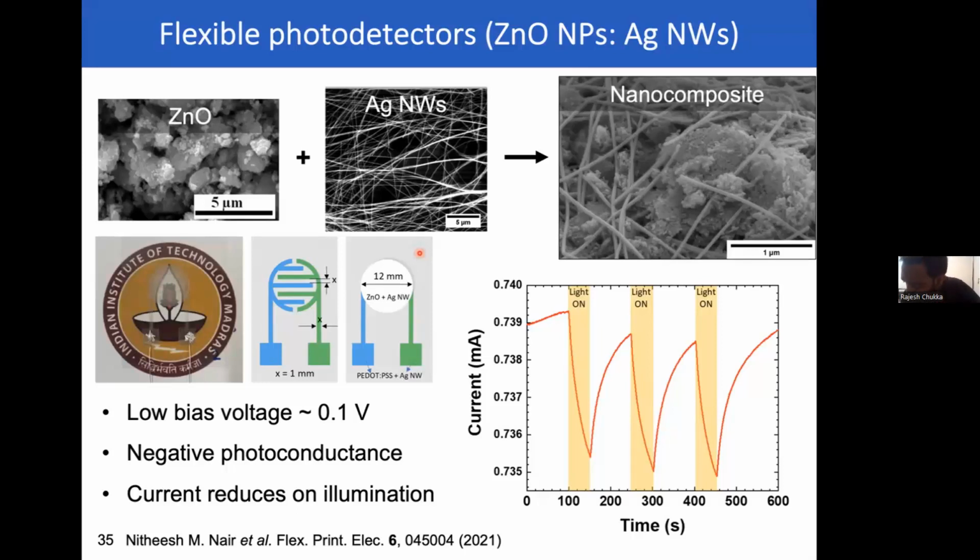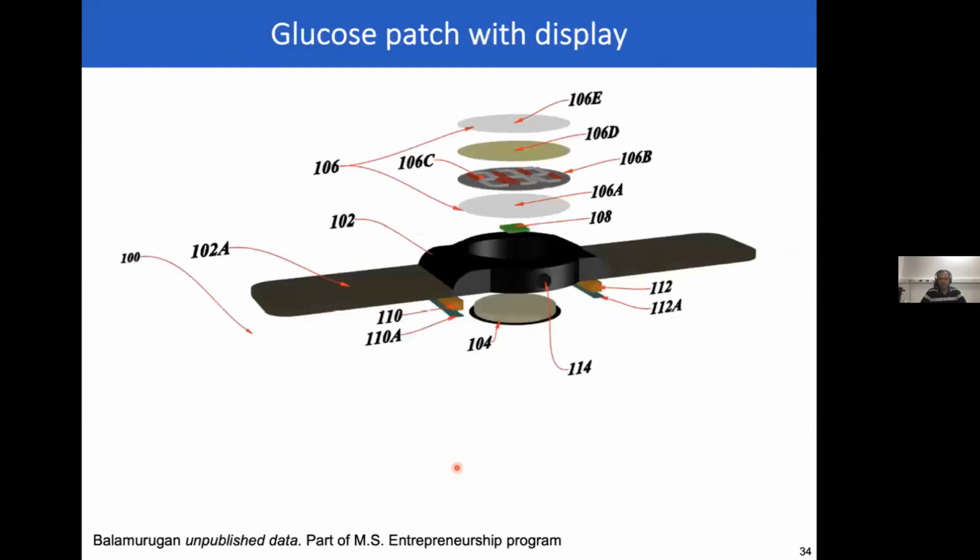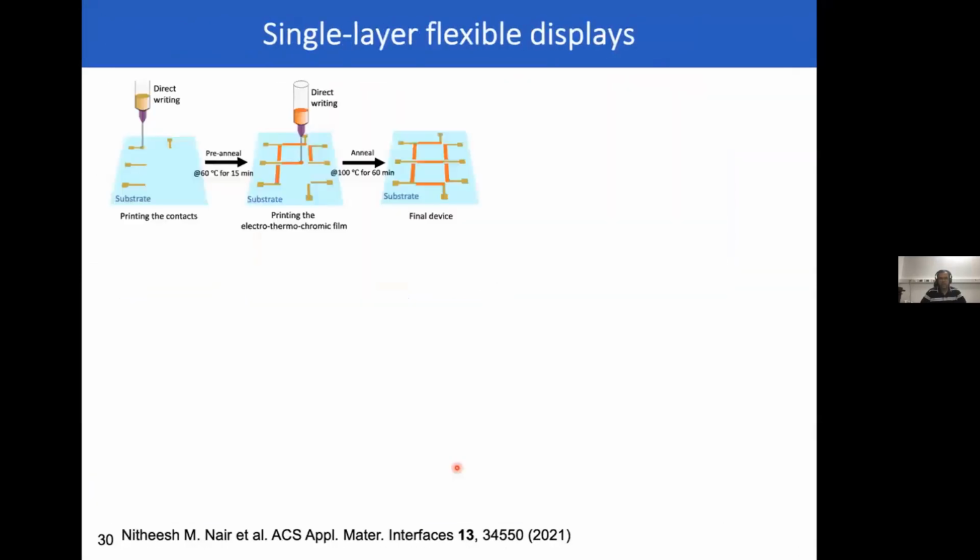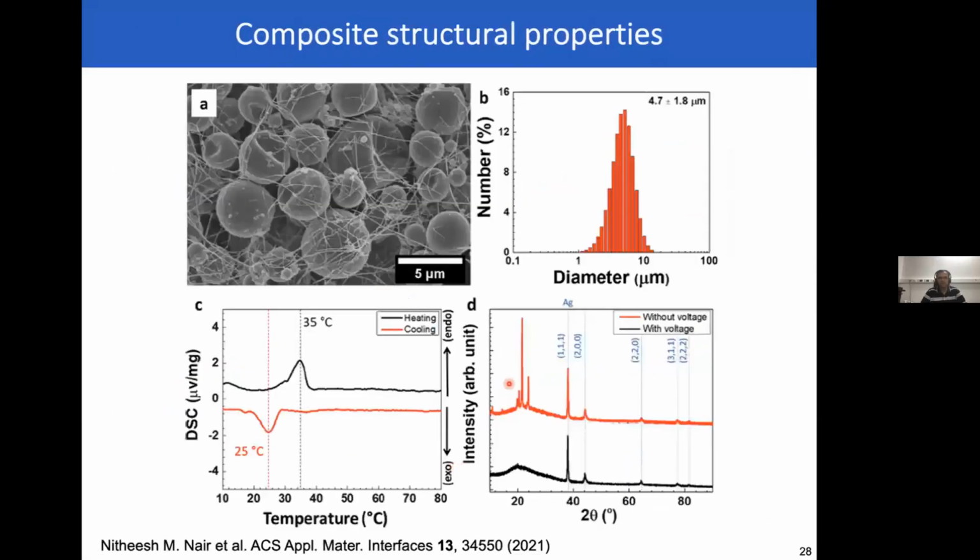Sir, my next question is about the thermochromic particles and the silver nanowires. Since you are using temperature to change the colors, is there any phase formation between silver and these particles? It is still just a physical mixture. There is no phase formation, but there is a phase change in the thermochromic ink. Without voltage, it's basically at room temperature. So this is your thermochromic ink XRD pattern. And when you heat it, these lines disappear, and what you see is this sort of amorphous signal.